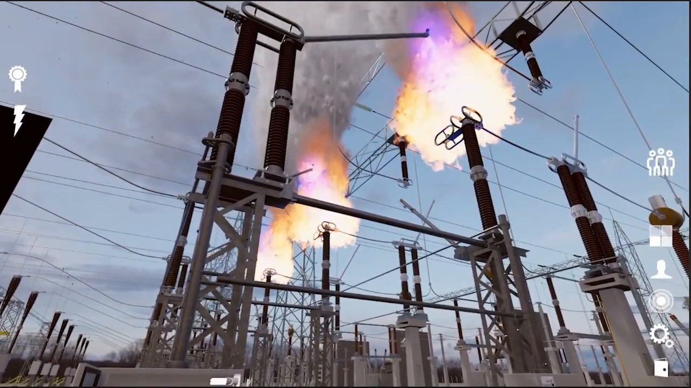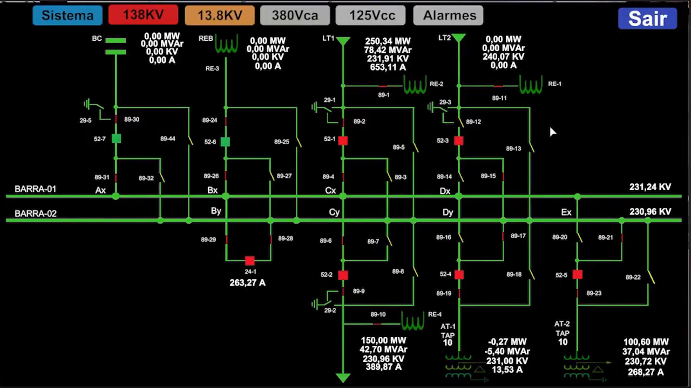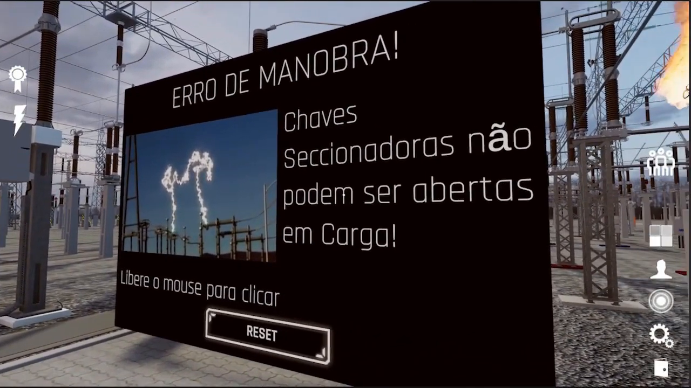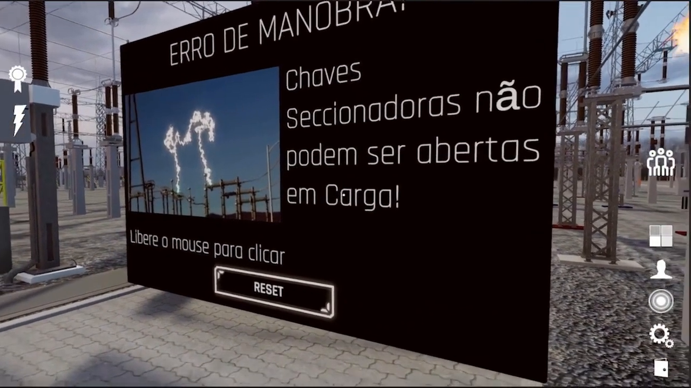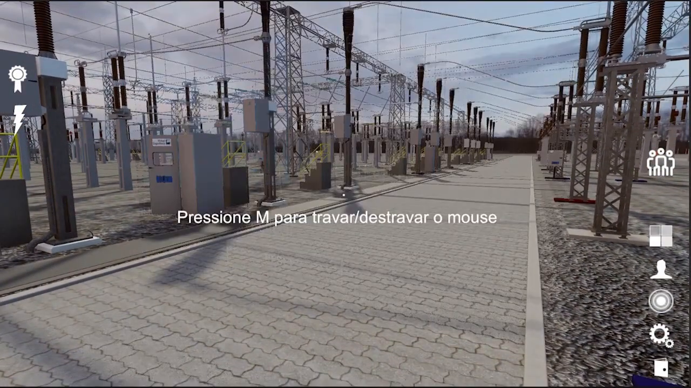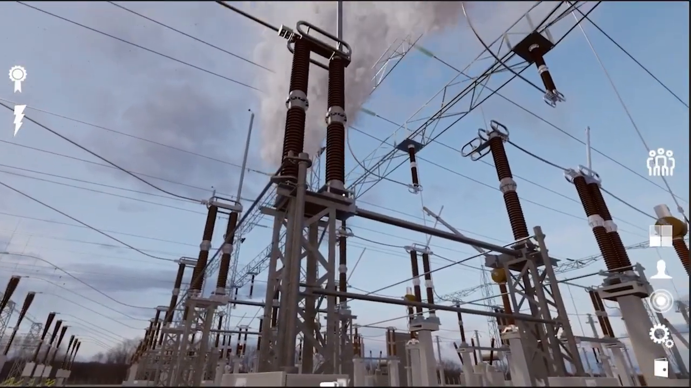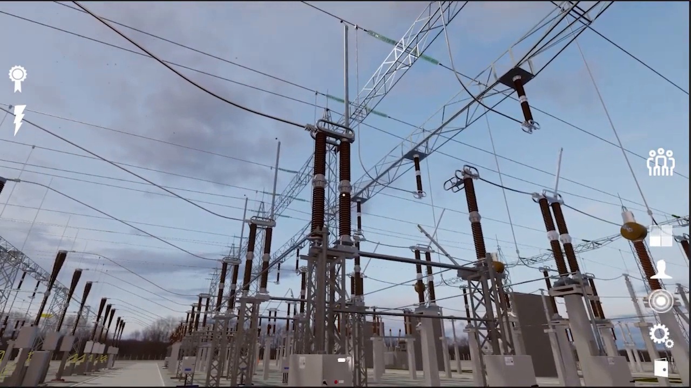So that's the effect when opening under load, and the game notifies you. Oops. Maneuver error. Disconnect switches cannot be opened under load. I click reset, then it returns to normal. And then I can restart my maneuvers. So folks, this is the simulation system. Now I'm going to show